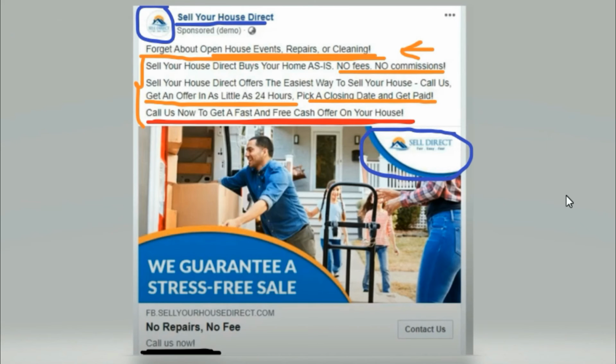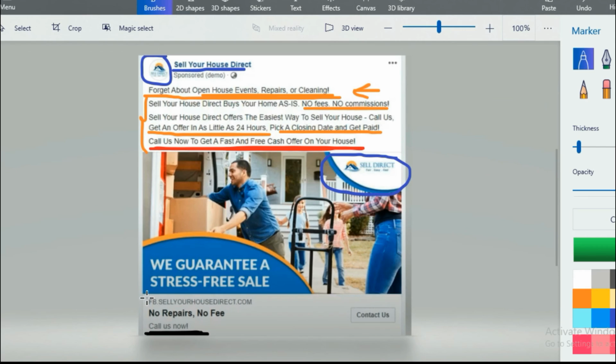The fifth and last thing that you should include in your Facebook ad is an attractive image or video or carousel image or anything that you are including. Make sure it's attractive and gets the attention of the user who is scrolling the feed, because you need to get that CTR. The more CTR you get, the less CPC you have to pay. So make sure you create the best ad images and creatives for your Facebook ad.